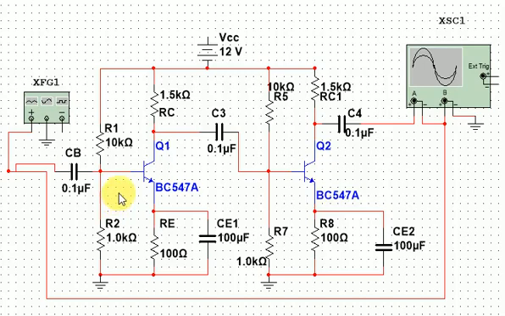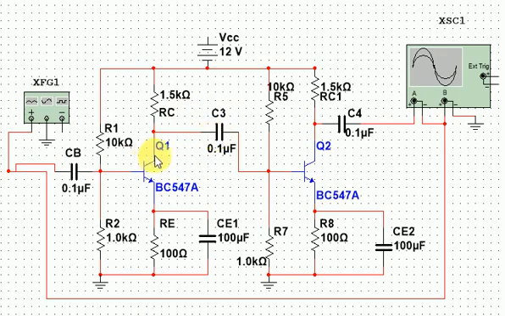Now let us say the gain of the first stage is AV1 and the gain of the second stage is AV2. Theoretically, the overall gain of the circuit should be the product of the individual gains, that is AV1 into AV2. But in practice, we observe that it is less than the product of the individual stages. This happens because of mismatching of impedances of the two stages. Before I explain that,